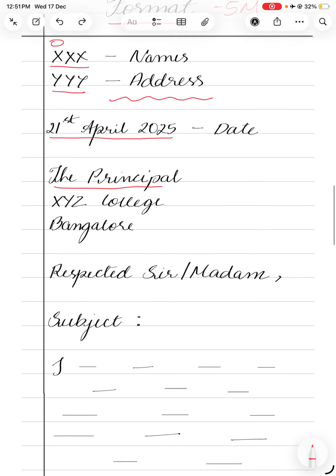If you take a look here, I have not mentioned my actual name. So what I did here is I retained it as it is, and to distinguish I've put a line and two dots here to make sure that it looks like a sign. So first you wrote your name, you wrote your address, and then you left a line gap, and then you wrote the date in this format. This is the format of the date, and you left a line gap here, and then you move on to the to address. You're going to write the to address, the name of the college, and then you again leave a line gap, and then you write respected sir or madam.